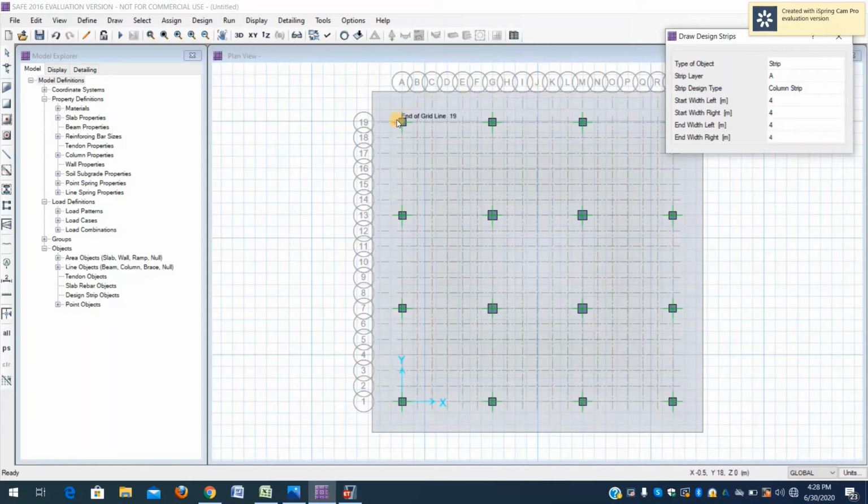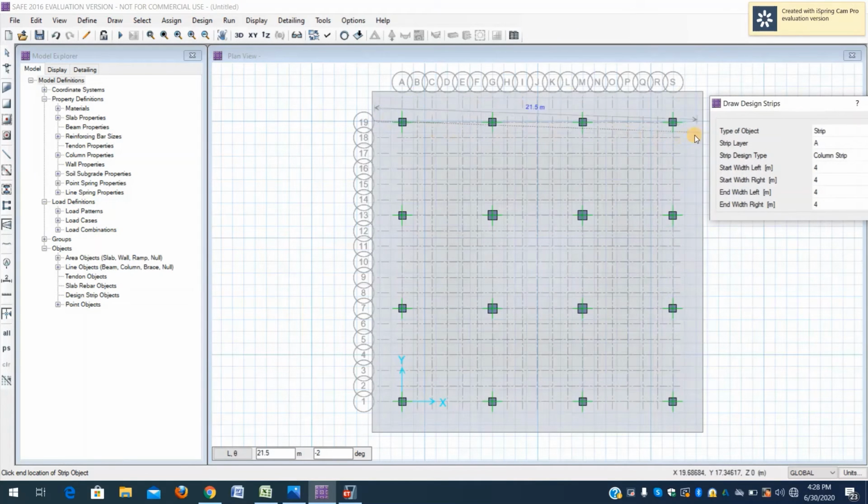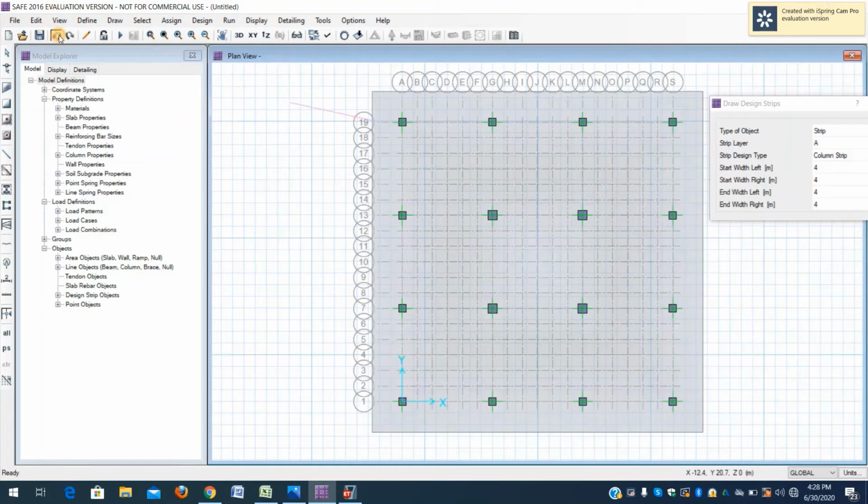Now we'll just draw this from one end to another end. Just press escape or enter to terminate. It's going wrong somewhere, just undo it.